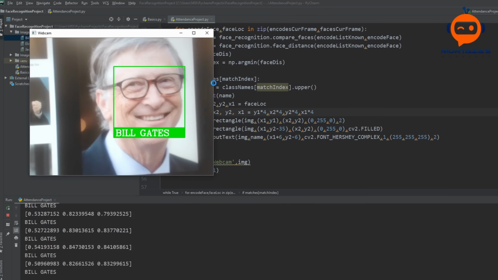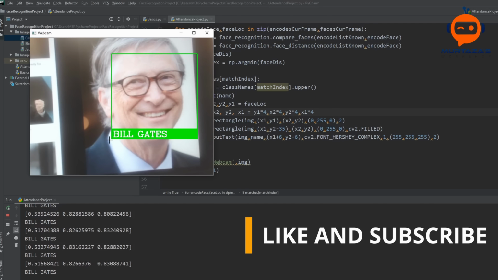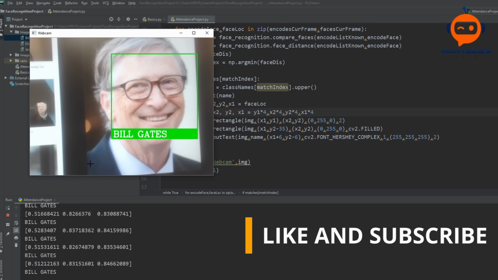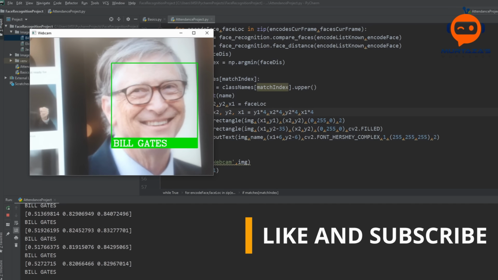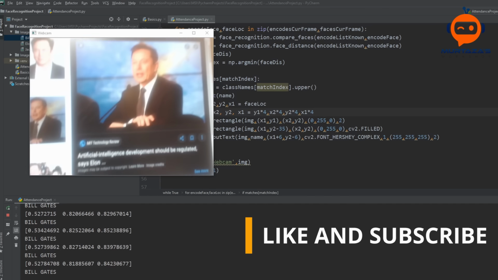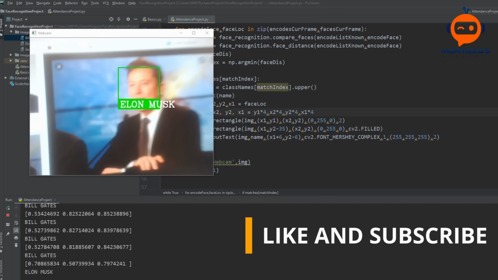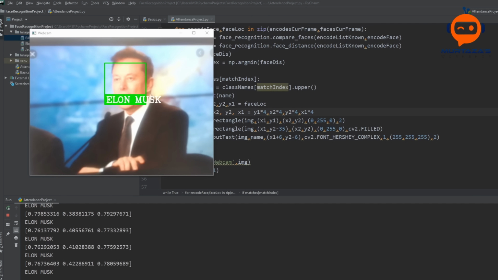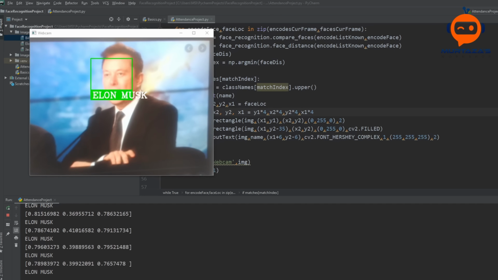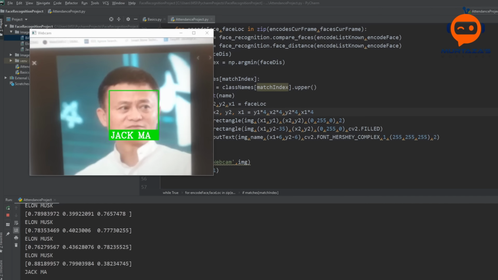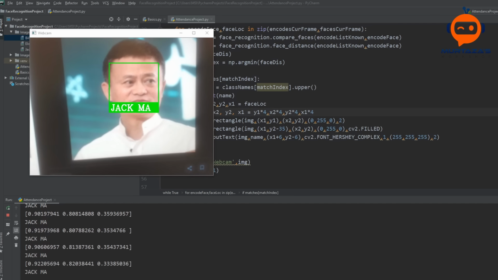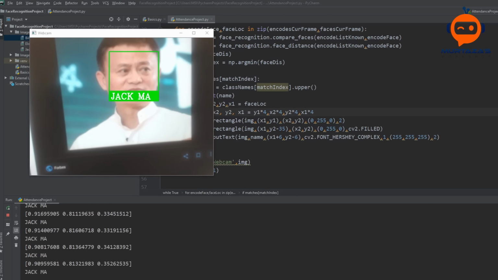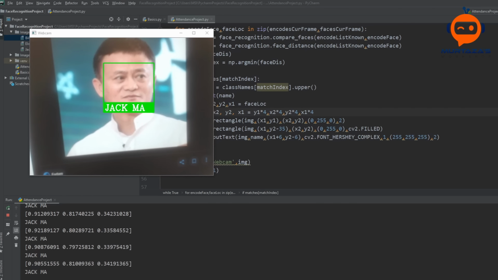Now it's showing it in the correct place, and it's showing the name as well, Bill Gates. And if we try out another image, it's giving us Elon Musk properly, and if we try another image, it's giving us Jack Ma. So now we are able to detect all of them properly.